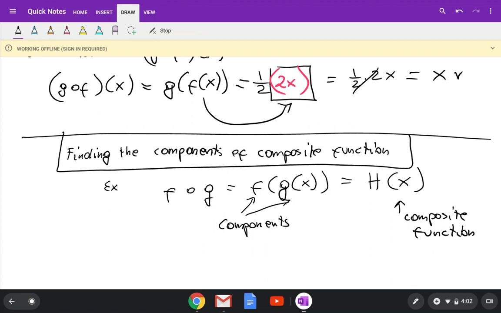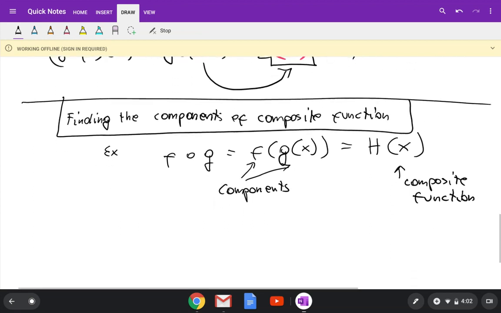So what happens here, they're going to give you a composite function, and you have to decide what is the equation of function f and what is the equation of function g. So what are the components? How did we build that composition? So they give you the final piece, and you have to figure out how we create that function. Okay, so again, the best way to explain that is doing some problems. So this is page 409, and we'll start with exercise 47.